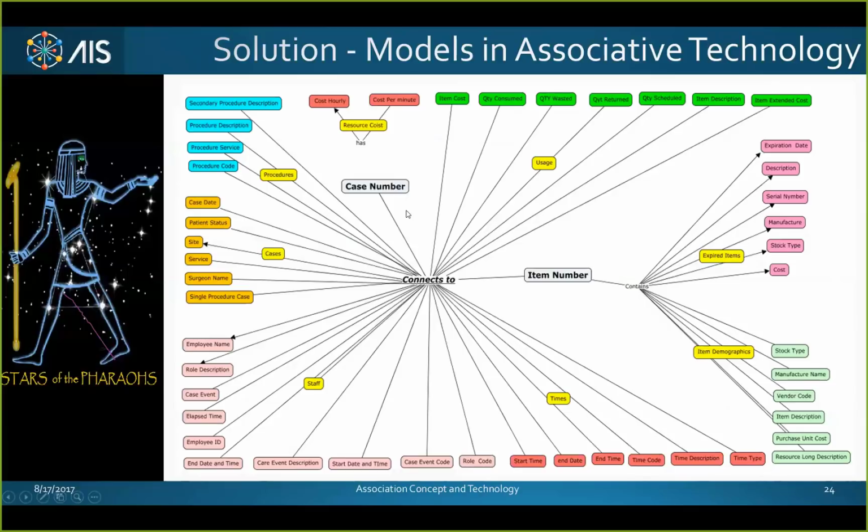Now, I added the stars of Orion over here to purposely demonstrate that the points in the sky are the stars. Those are your data elements, and they created a picture around this. If you decide to use those stars to create a different picture, you're still going to use the same stars. Think of them as John, Jim, Joe, and Jerry, and address and phone number, etc. You just simply create a new set of records.